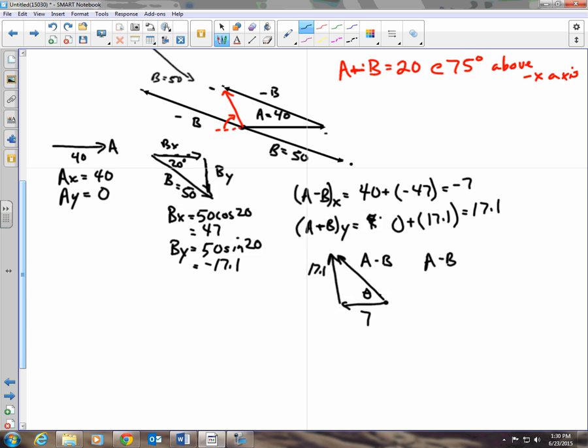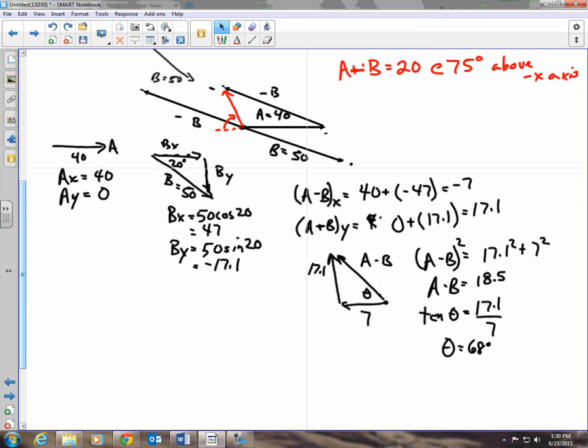So A minus B squared is going to equal 17.1 squared plus 7 squared. And that's going to give me A minus B as a magnitude of 18.5. And then if I find that angle, tangent theta is equal to the opposite, which is 17.1, over the adjacent, which is 7. And if I put that in my calculator, I end up with an angle of 68 degrees. So, you now should know how to add vectors and how to subtract vectors using both scale models and